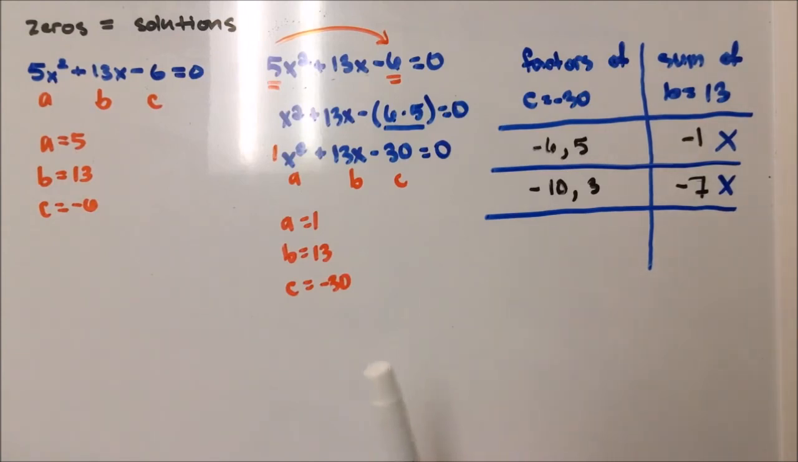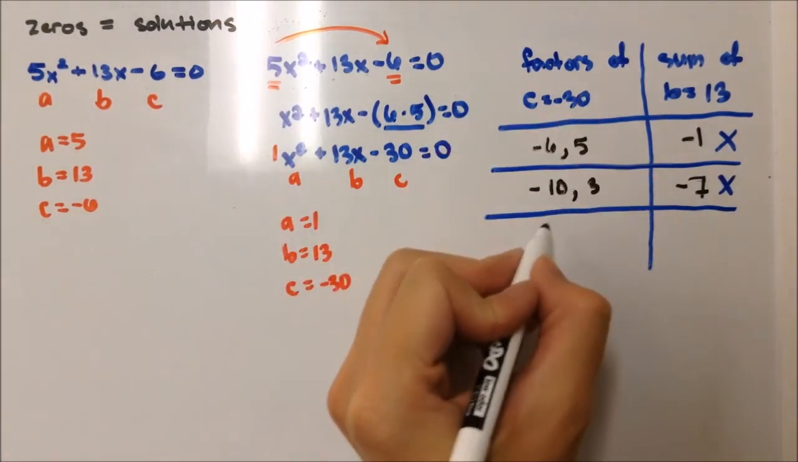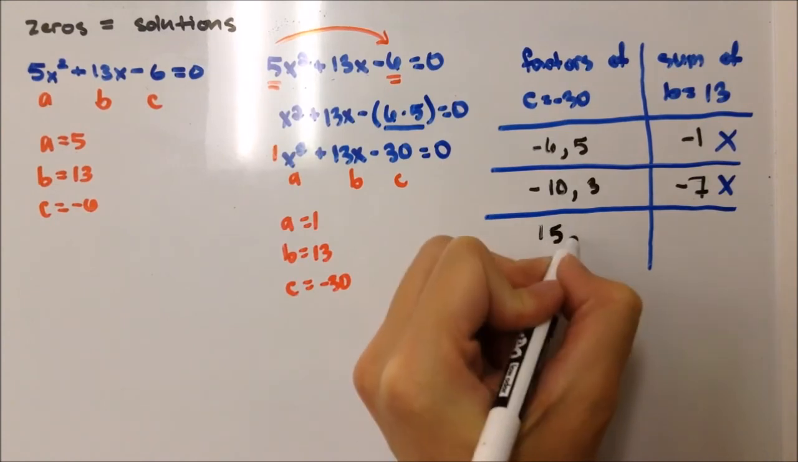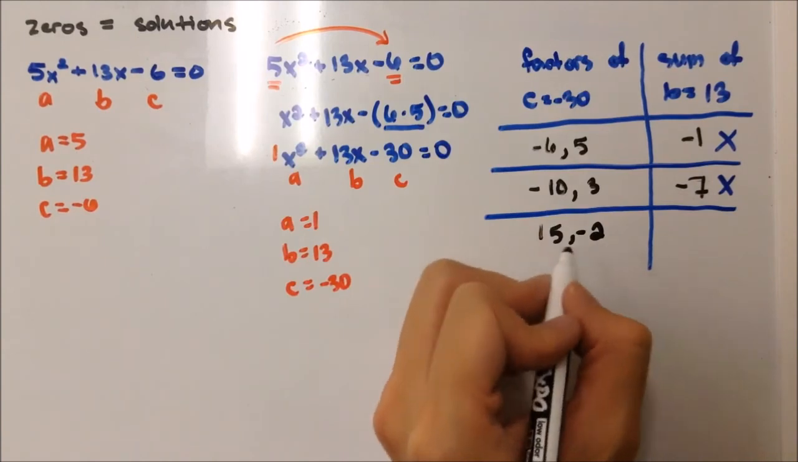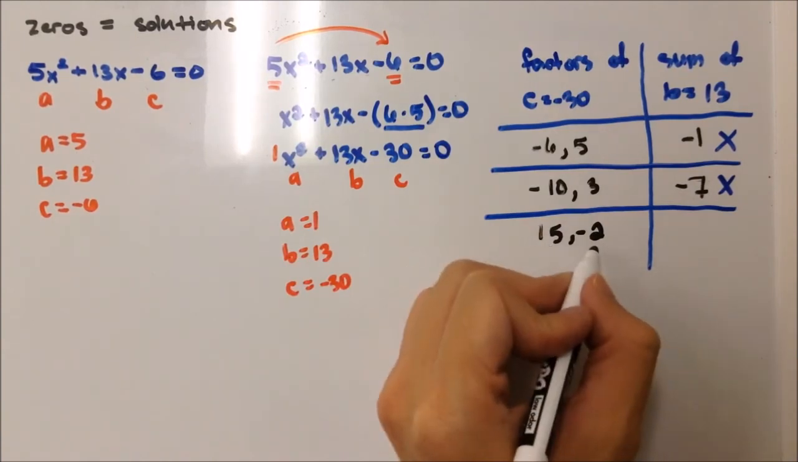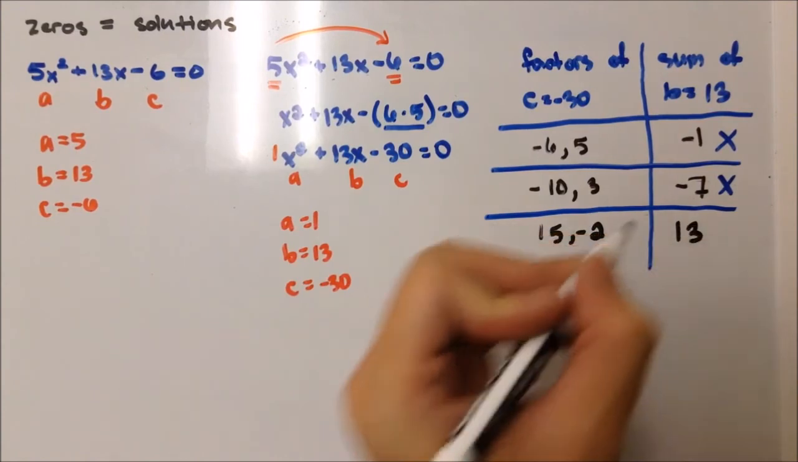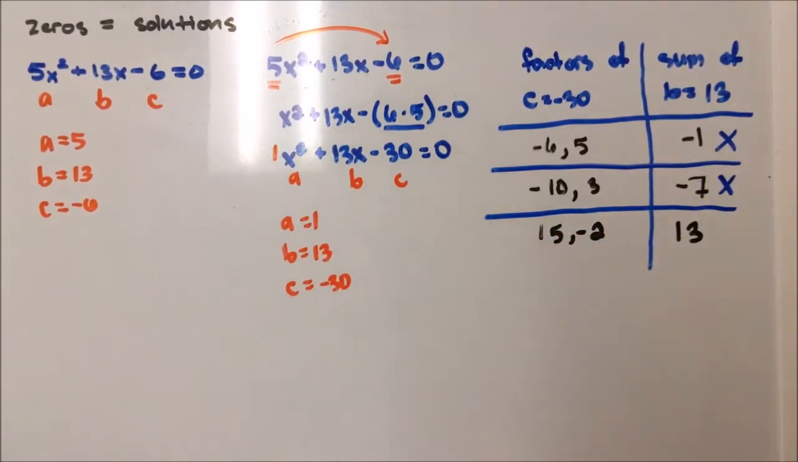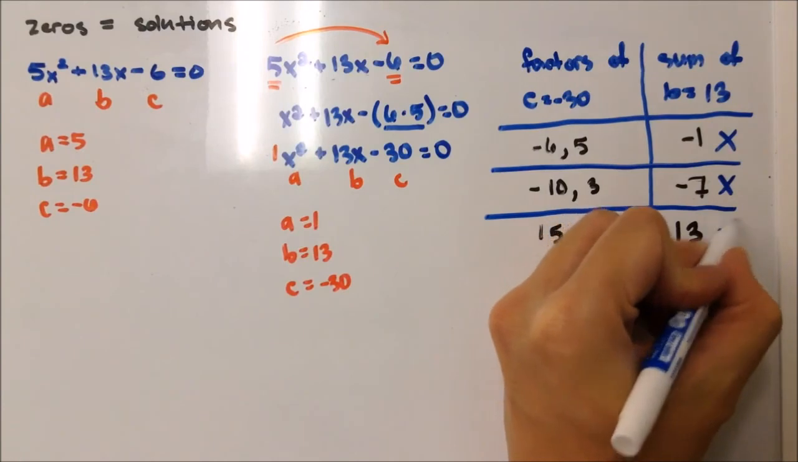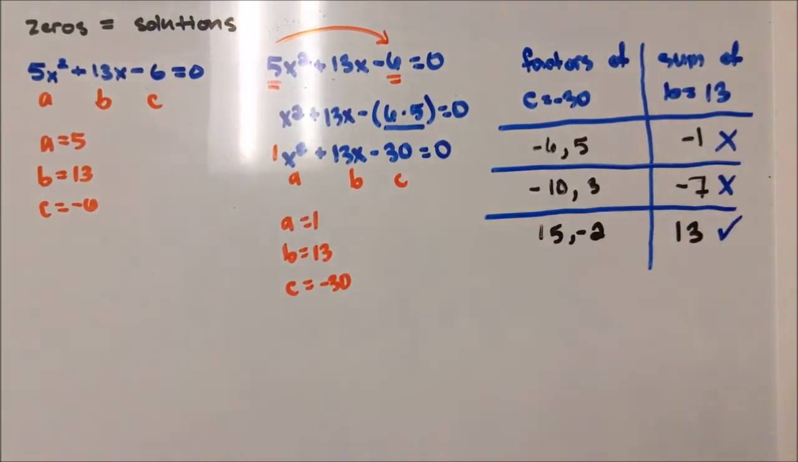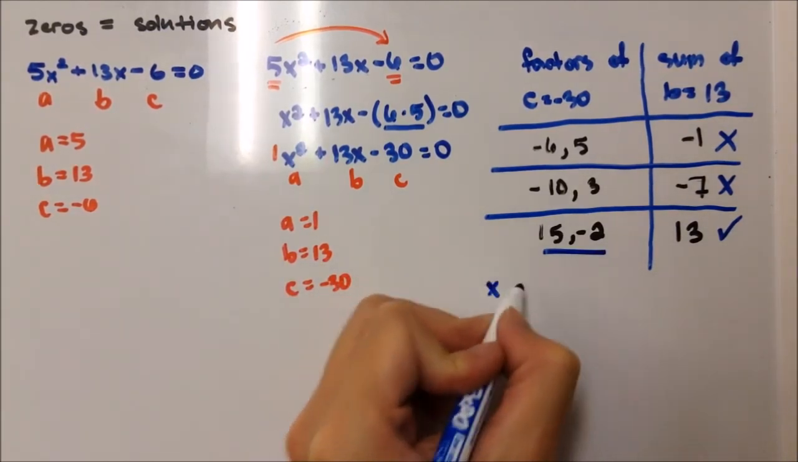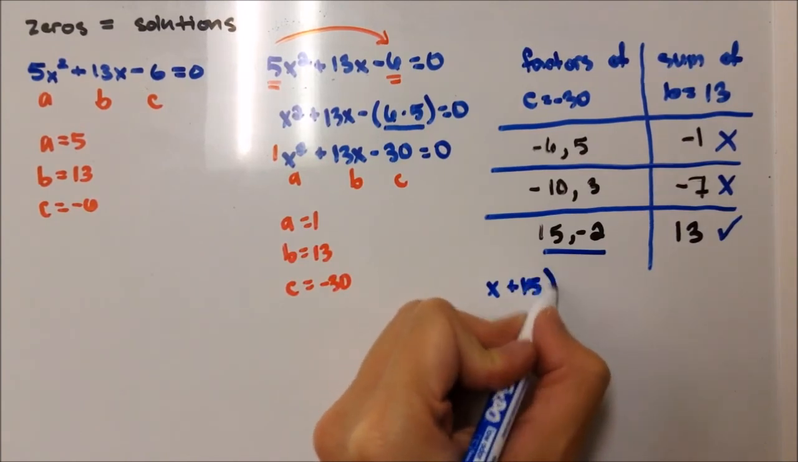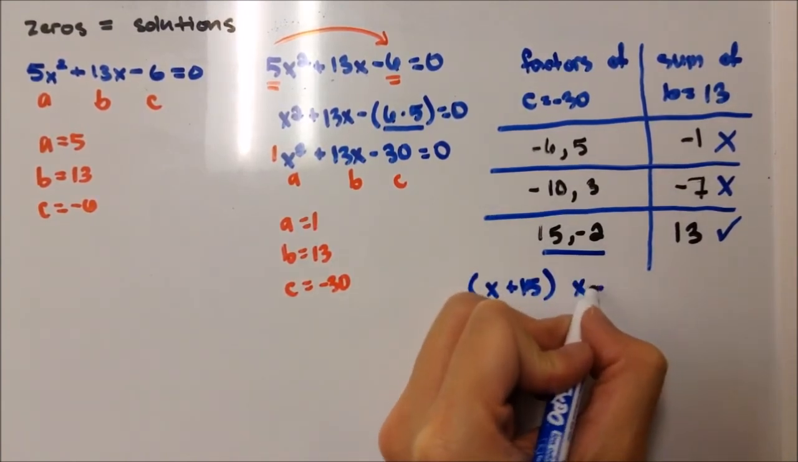Now another factors we could use is 15 and negative 2. 15 times negative 2 will give us negative 30, but what's the sum? Positive 15, negative 2, that's going to give us a positive 13. Well, we just found our pair of factors, 15 and negative 2. So, what we're going to do is put in factor form, x plus 15 and x minus 2